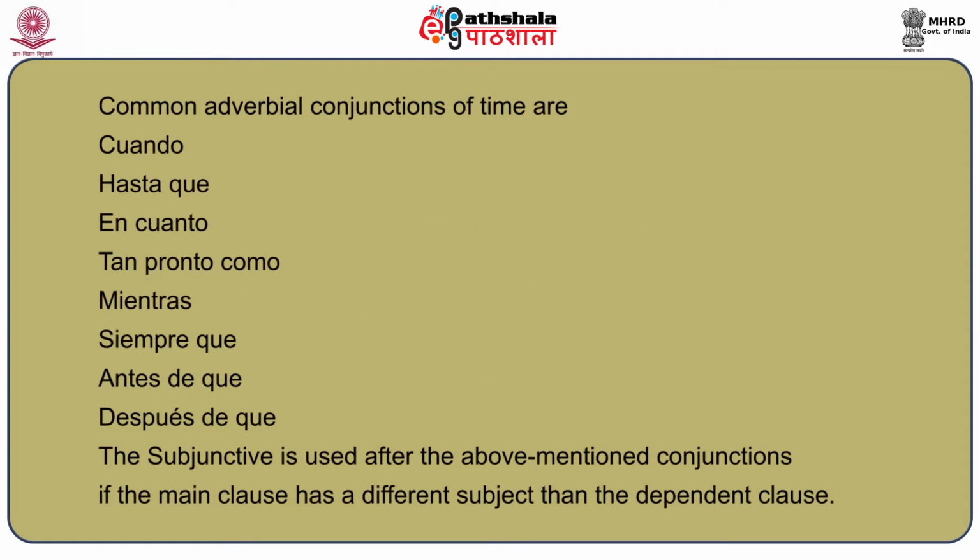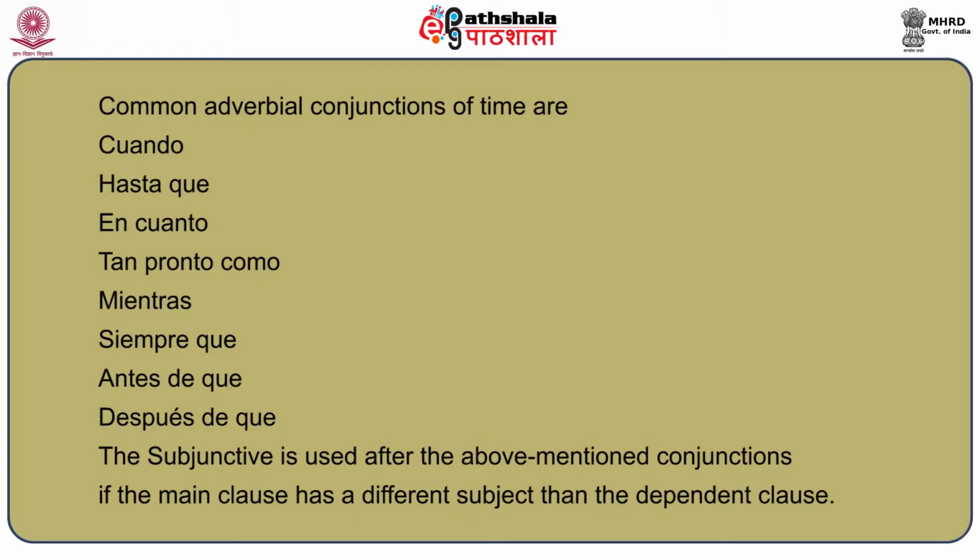Common adverbial conjunctions of time are cuando, hasta que, en cuanto, tan pronto como, mientras, siempre que, antes de que, después de que. The subjunctive is used after the above mentioned conjunctions if the main clause has a different subject